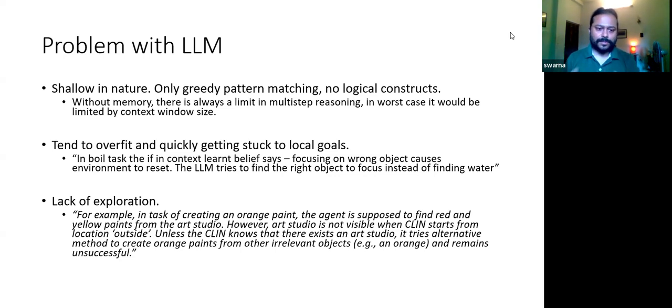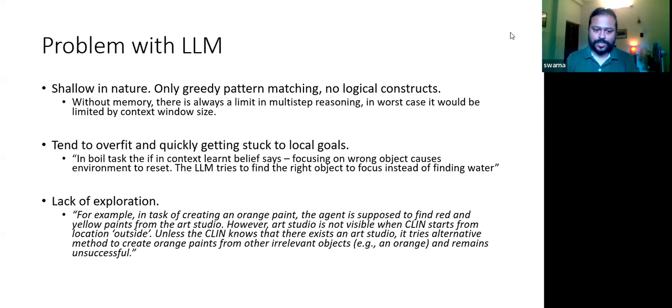The next problem is lack of exploration. This is another example that I've taken from another paper called Clean. They have also tried to solve the same ScienceWorld environment. There is a task of creating an orange paint. The agent is supposed to find red and yellow paint in the art studio, and mix them to build the orange paint.